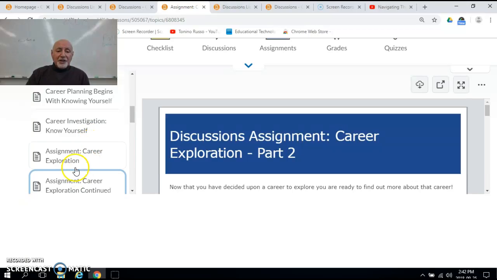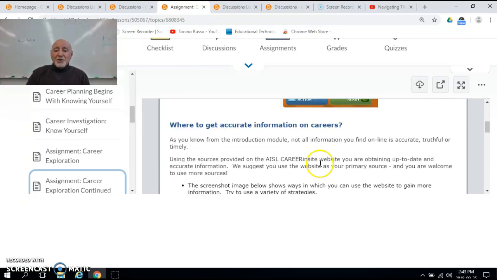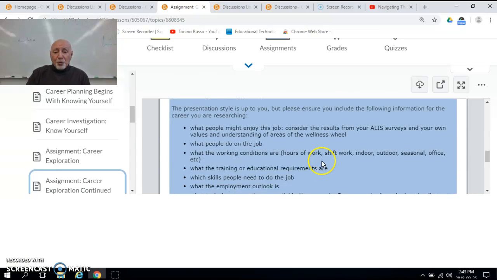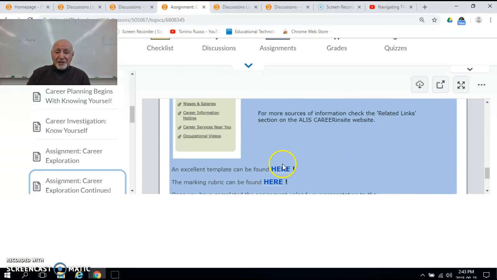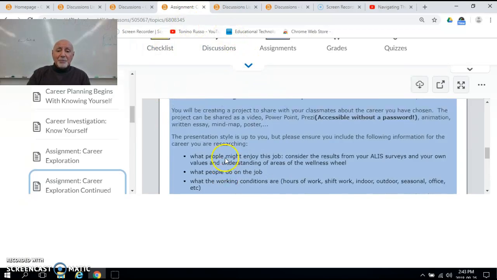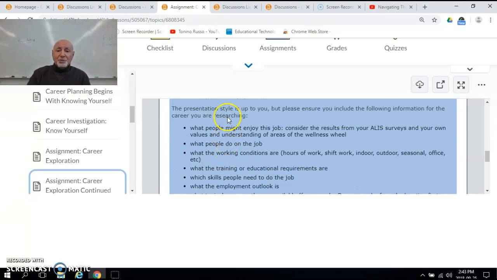Now, this is a content page, and you'll see that there's two pages that have been created regarding the career exploration, which is a discussion assignment. So as you read all the content, you will find a template. Once you open that template and fill it in according to the information that we're asking you to provide,